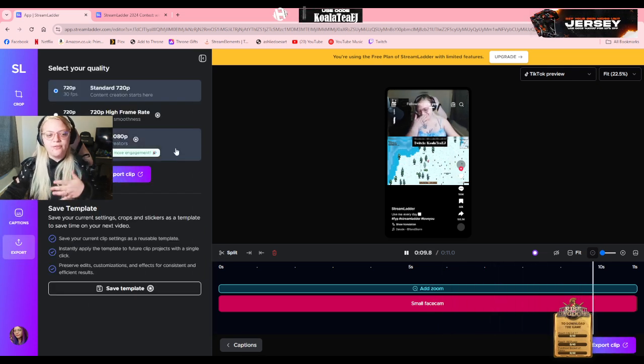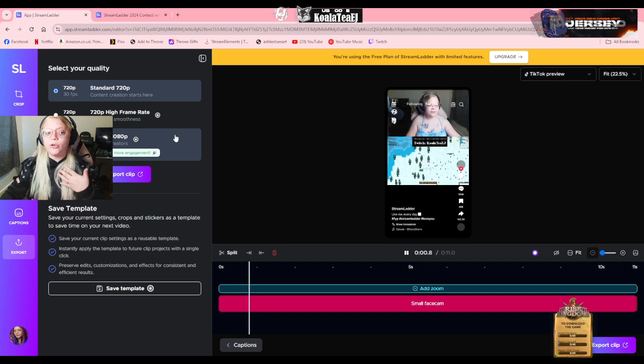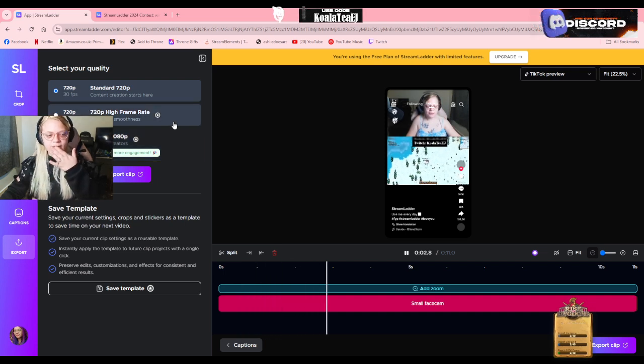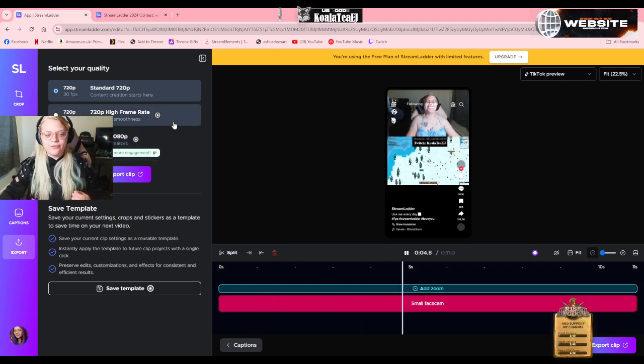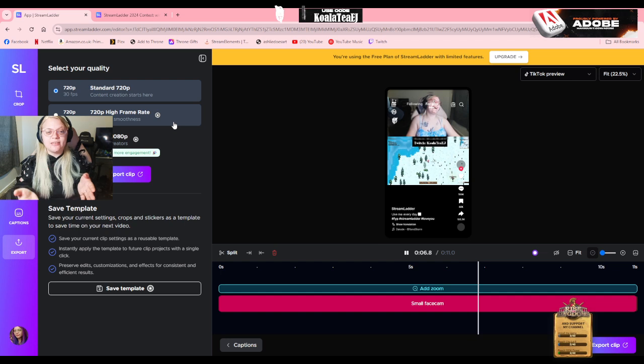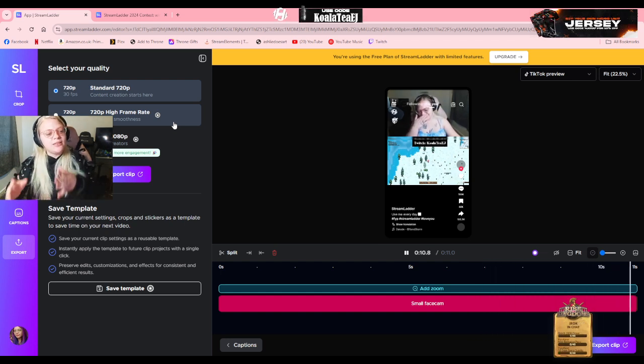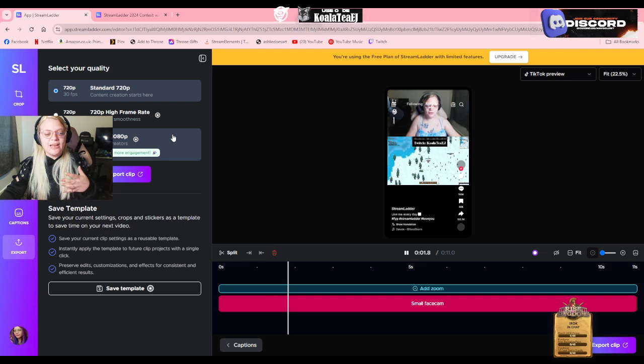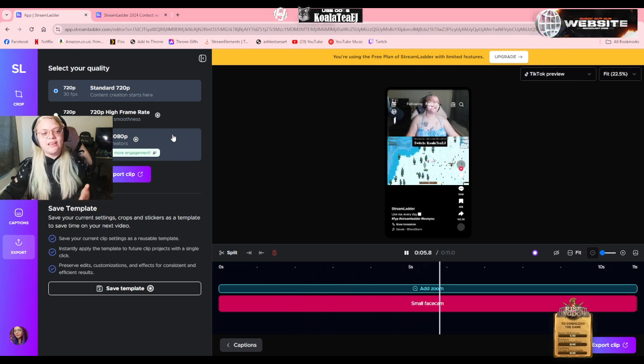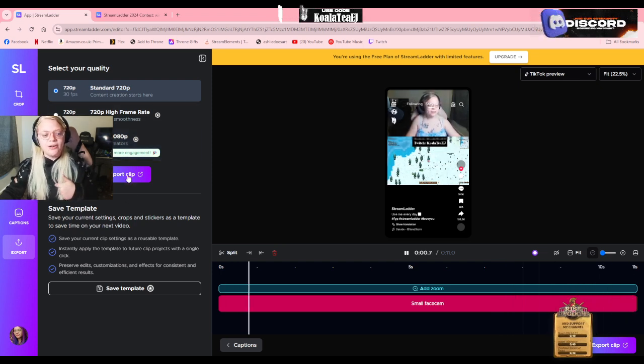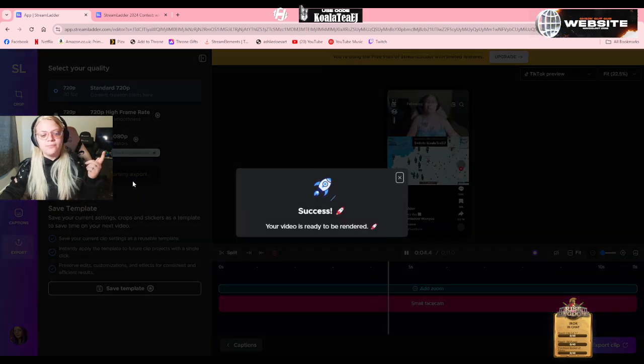So if you have the bigger plans like the silver and the gold, you can have the 720p high frame rate, so it's 720p with 60 FPS. Then you have the full HD, which is 1080p with 60 FPS. And it says here that the full HD 1080p 60 FPS is the best choice for 23% more engagement. So that's pretty cool. However, I don't have the package, so I'm going to use the standard 720 to export